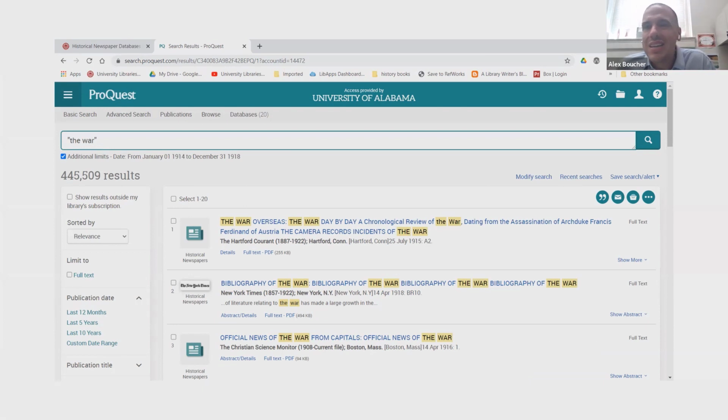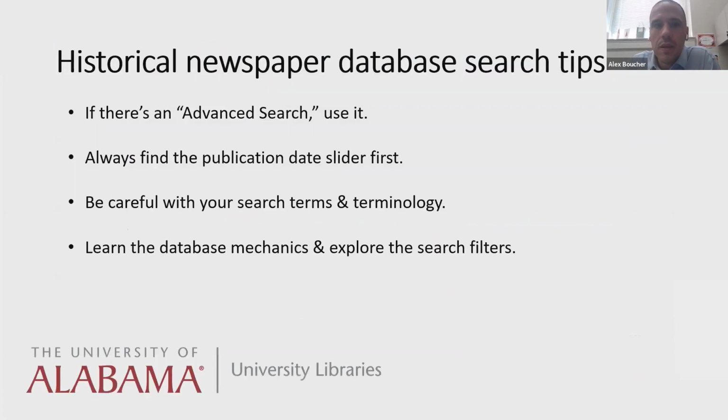Also, you just need to be cognizant of the time period. If you're researching Native American history in the 19th century, you probably wouldn't use Native American as a search term much because it just wouldn't have been used in a 19th century newspaper. You want to think of, what would the titles of the articles have been? What would the words in an article have been? And that's really what you're searching for, because these search engines just search for words. That's really all they do.